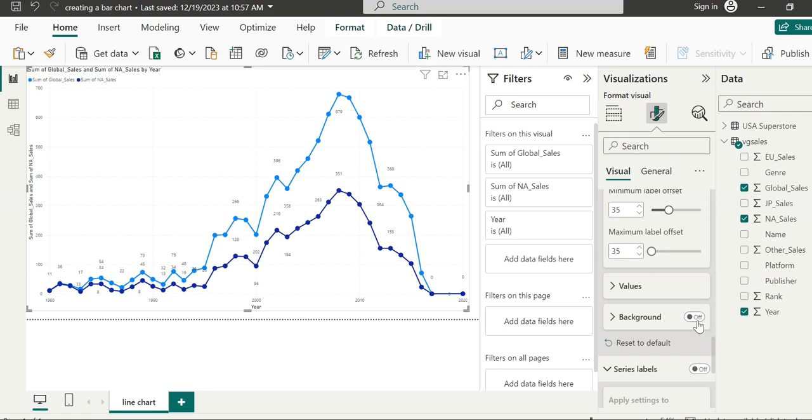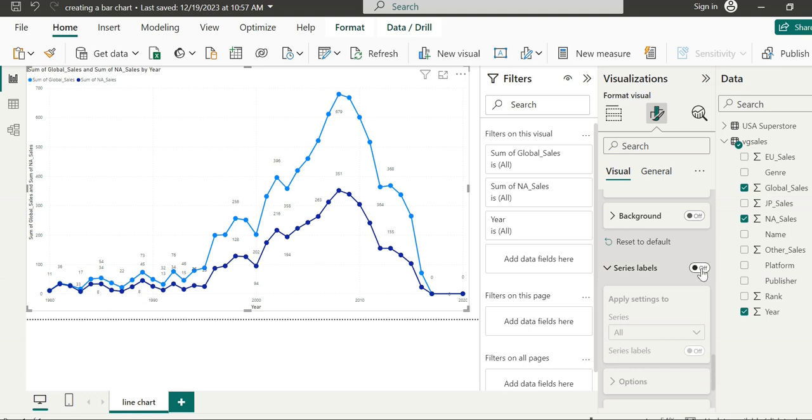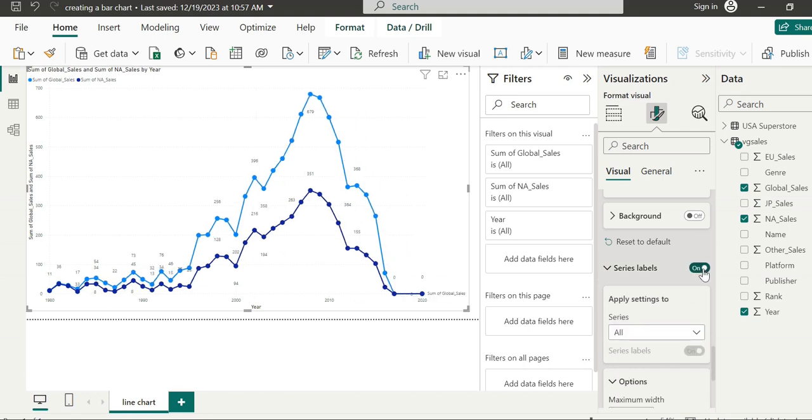If we go here and turn on the series label, you can apply the series label change to any of your values. I am going with sum of global sales, and then you will see the series label change here.